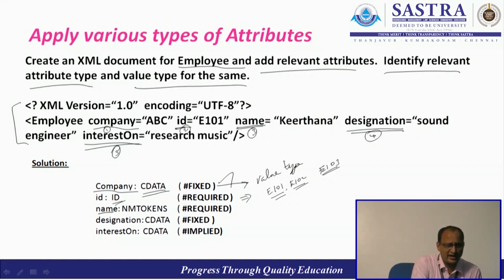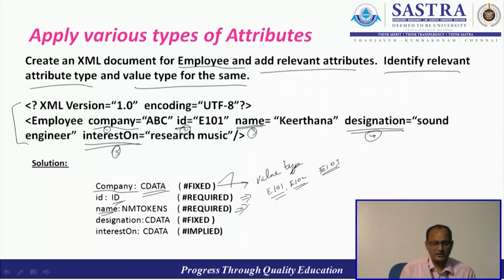Next, what I have is name. For the name I need to provide NMTOKENS, because the XML naming convention should be followed for entering the name of an employee. There we should not give any special symbols or special entities; those should not be allowed. In that sense, I can go for NMTOKENS or NMTOKEN, both can be applicable, and its value type should be